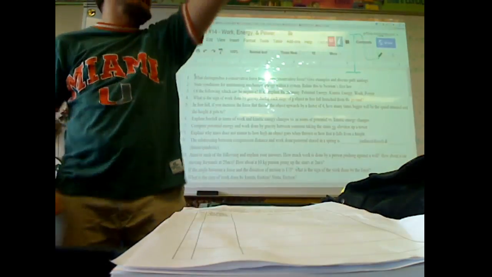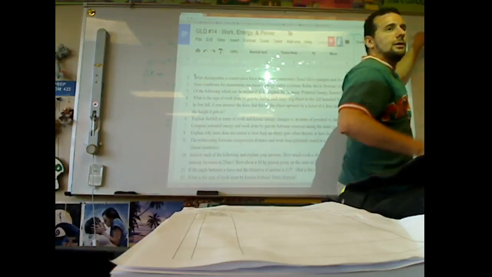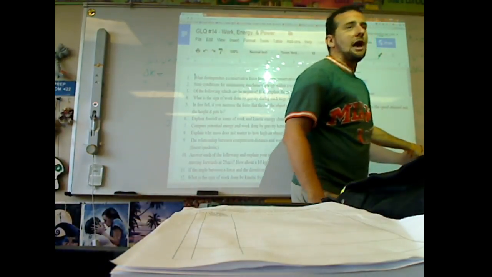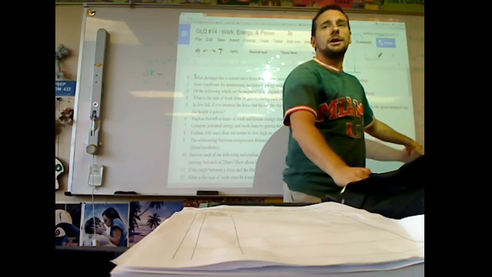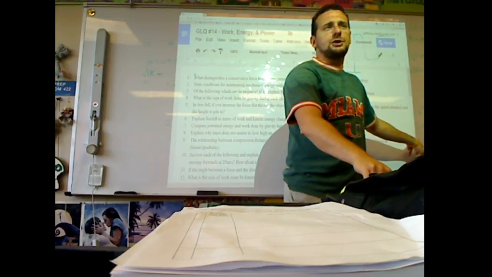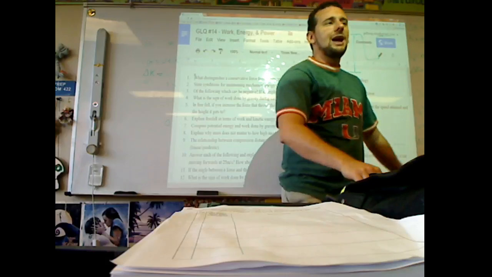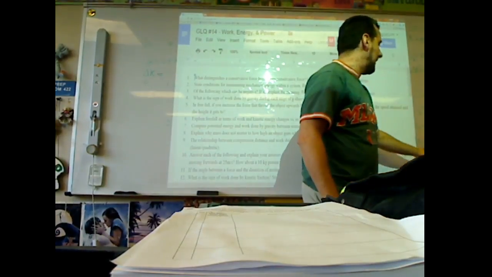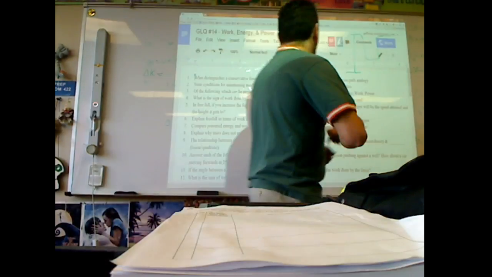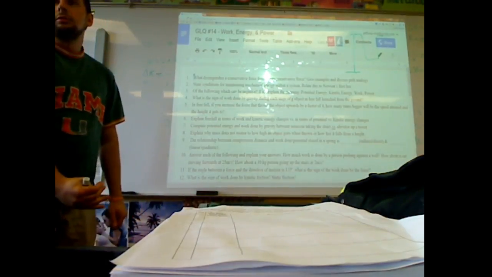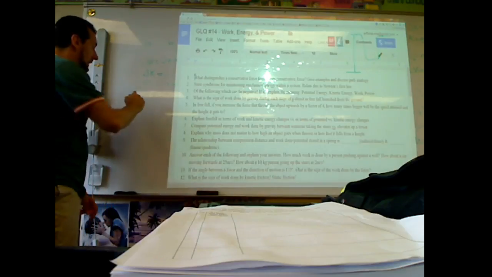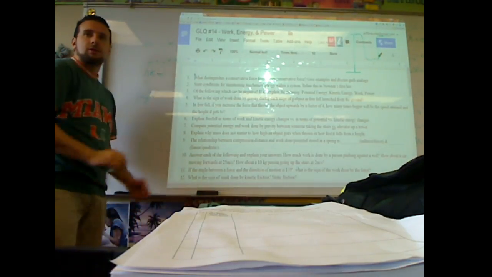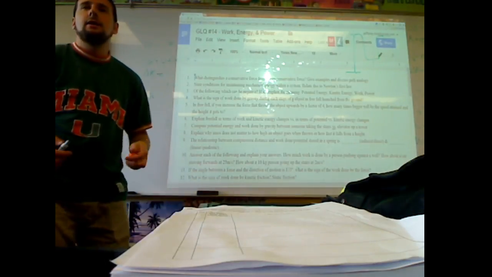Don't think of it both ways at the same time. Either you look at this with that formula, lost potential, therefore gained kinetic, or you think of this with that formula: gravity did work, and therefore it gained kinetic energy. Are you with me? Either way, the math is the same, because what is work? Force times distance. And what is the force that's making it fall? Weight. Weight is mg, and it falls over a distance of that height, h. That's the same thing. Are you with me?